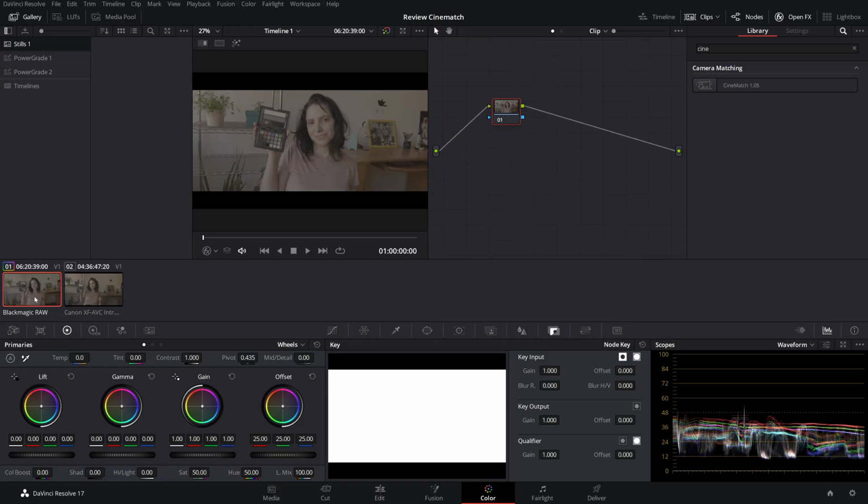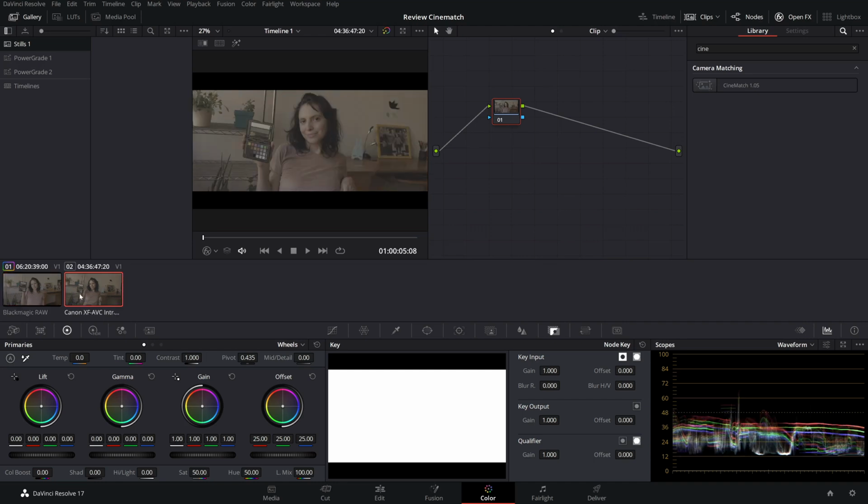Here we are inside DaVinci Resolve, where we're going to test Cinematch. To start, I have two different shots here. One is Blackmagic RAW from a Blackmagic Pocket Cinema Camera 6K Pro, and the other one is Canon Log 3 from a Canon C70.